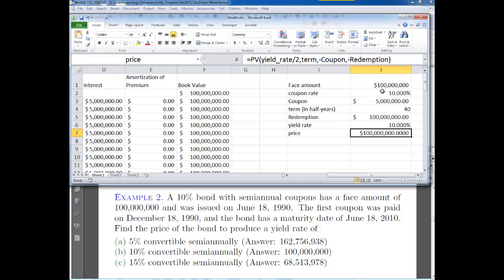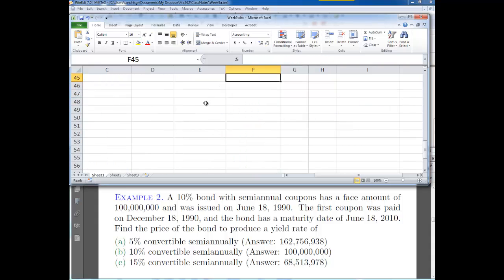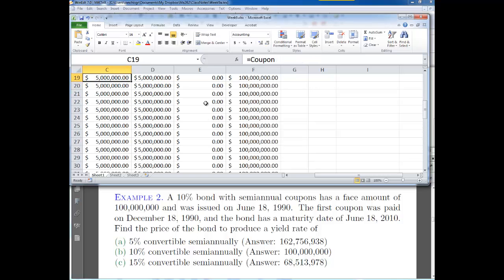When the yield rate and the coupon rate are the same, the book value is just going to be 100 million each time, because in that case the payment exactly covers the interest and no principal, and so I'm always owing $100 million until the very end when I pay that at the end with the last coupon. Okay. So the price is 100 million,